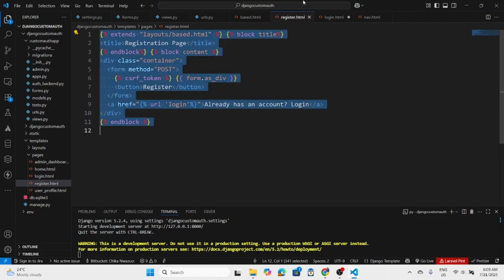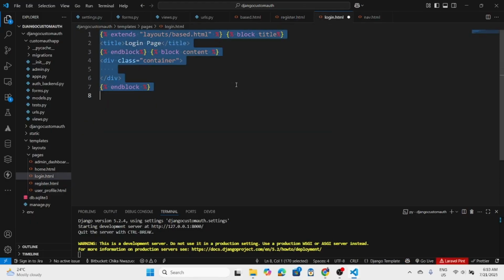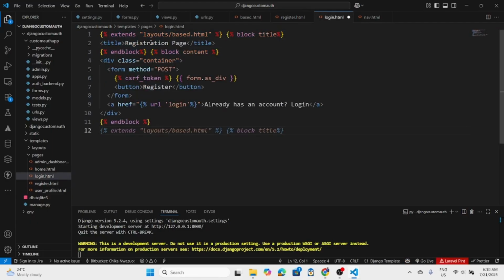registration, we are just going to copy the registration. It's just one or two things we are going to change. Everything will remain the same. Here will be log in, okay? To avoid wasting time, here will be log in, and here will be